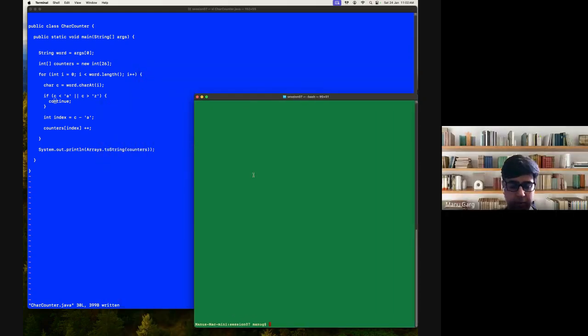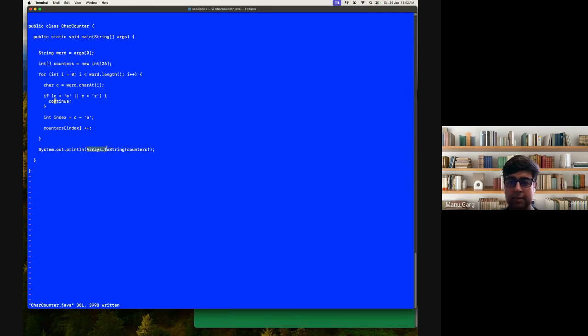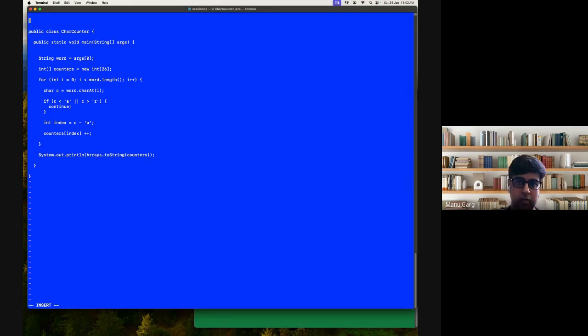Okay, so I've opened another terminal and will try to compile this. It could be a typo or two, so we will see. To compile, we need javac, and then the file name, which is CharCounter.java, and it found one issue, Arrays.toString. So it basically does not know what Arrays is. So we need to import this helper class. So we'll say import